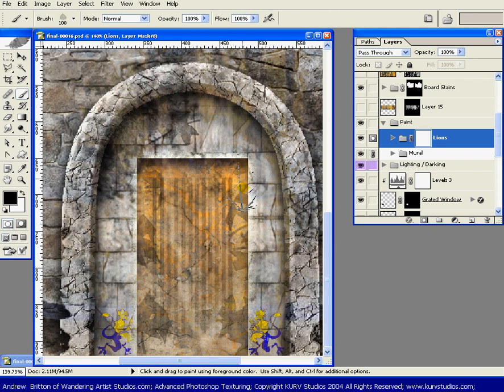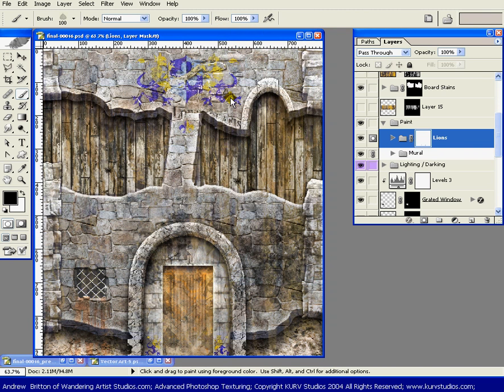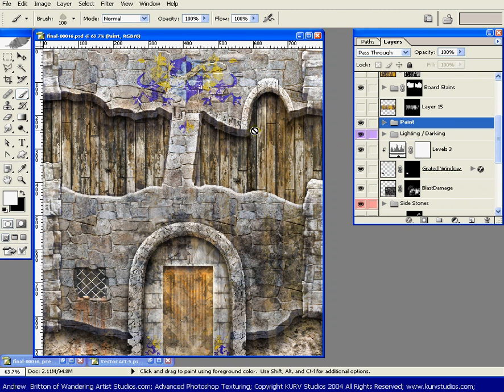And just brush these dudes out just a little bit. There we go. Alright, so at this point, save your work. And before we conclude this chapter,